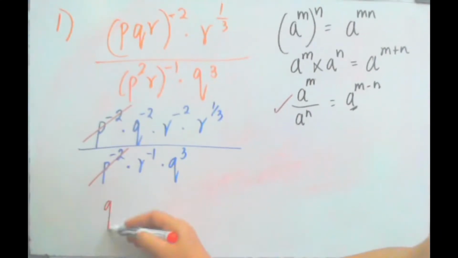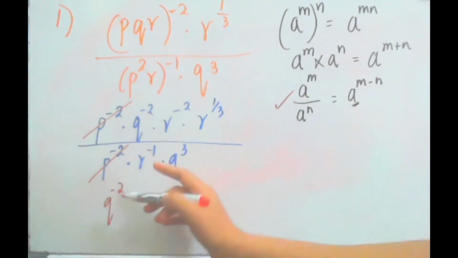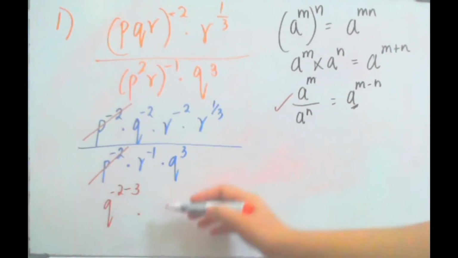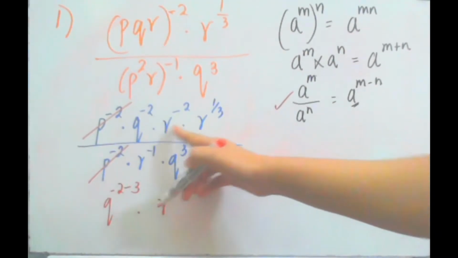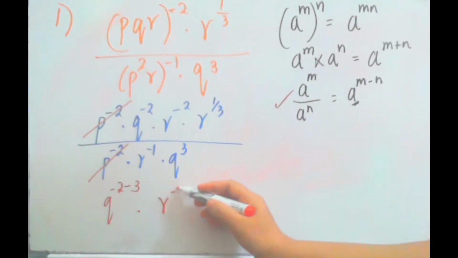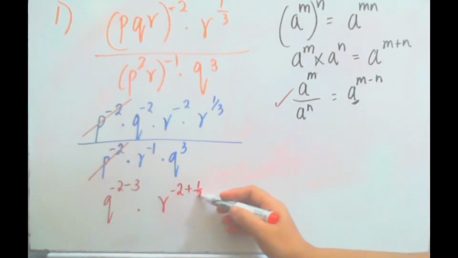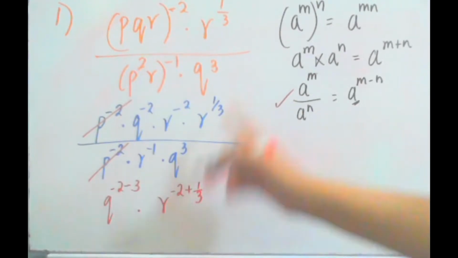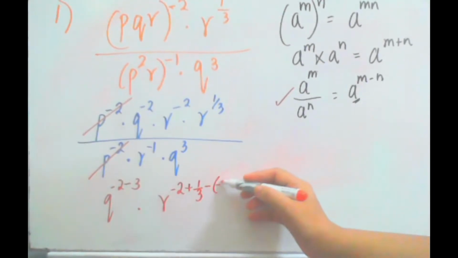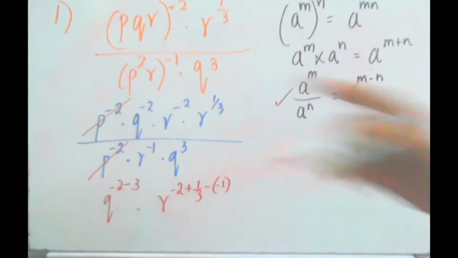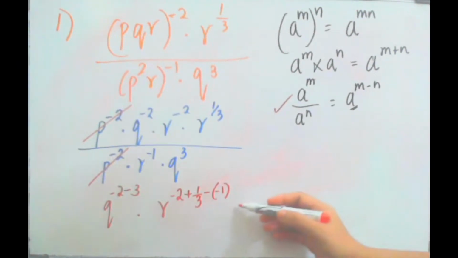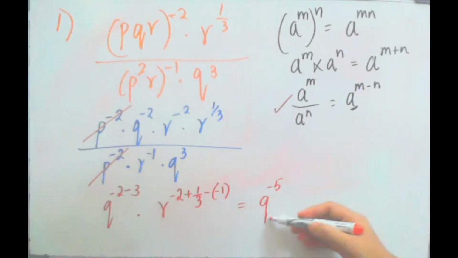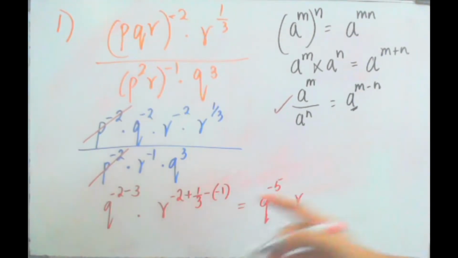So Q power minus 2 minus 3, multiplied to now the R power. Here the two R's are multiplied, so we will add their indices, minus 2 plus 1 by 3, and this R power minus 1 is in the denominator, so we have to subtract this index minus 1. Okay, so simplifying this, we get Q power minus 5 and R power